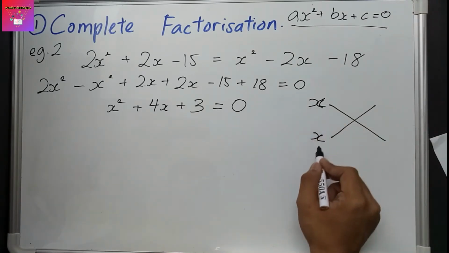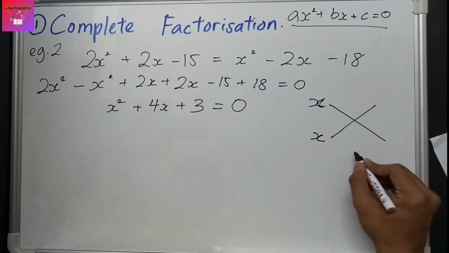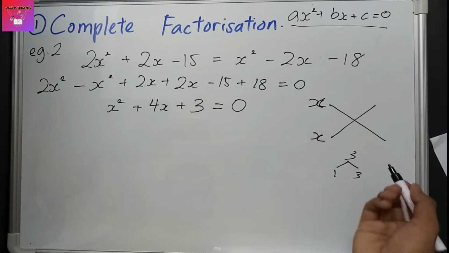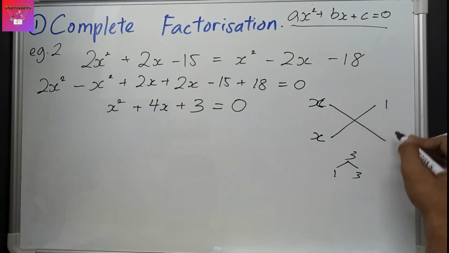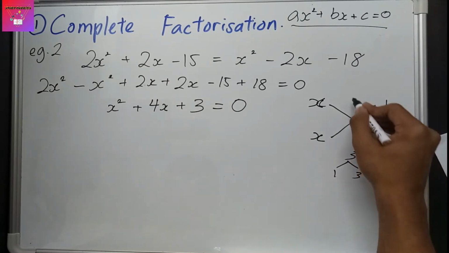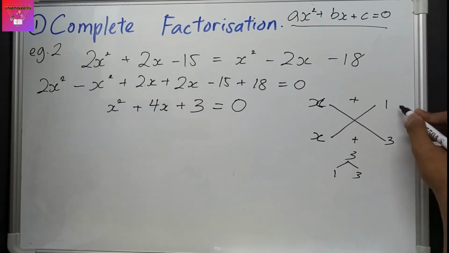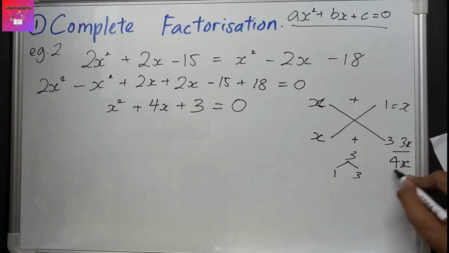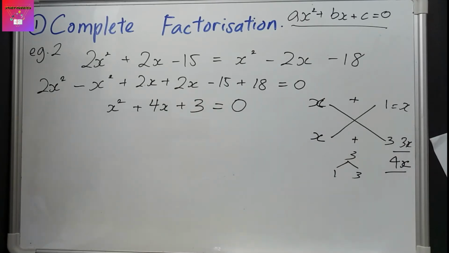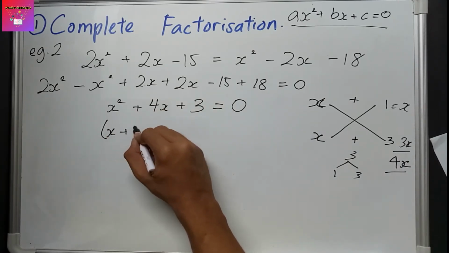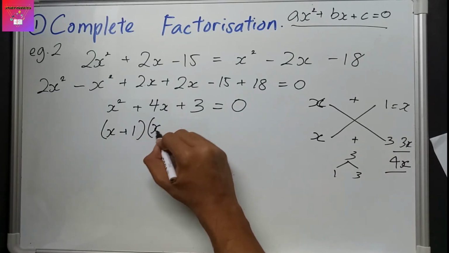x squared is x times x. 3 can be 1 times 3 only. There's no other ways to find 3. So 1 and 3. So 1 times 3 is positive. Therefore you put the positive symbol inside, and thus you're going to get x and 3x, bringing an answer of 4x, which matches. So therefore when you factorize, you are going to get an answer of x plus 1, x